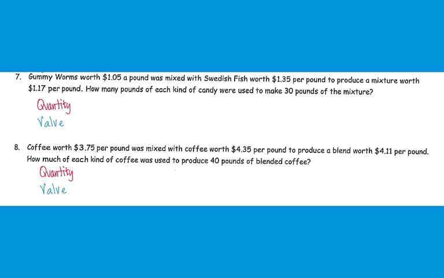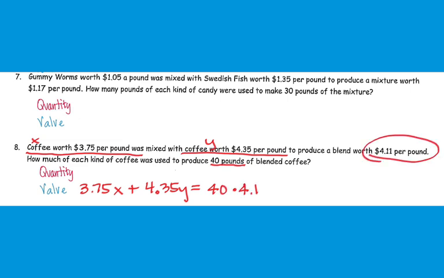Number 8 talks about coffee, and it doesn't label the coffee. It doesn't say that it's like Kona coffee or whatever. I think on the test, I'm pretty sure I labeled the coffees for you, but if it's not labeled, I'm just going to choose to use X and Y here. I'm going to call my first coffee X and my second coffee Y. And it first tells me the value of these coffees. So coffee X is worth $3.75 a pound. And coffee Y is worth $4.35 a pound for a total of